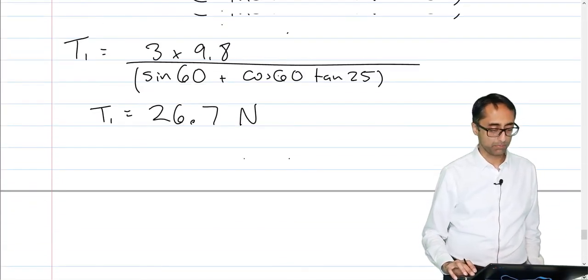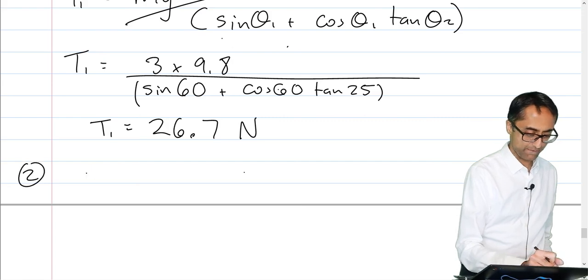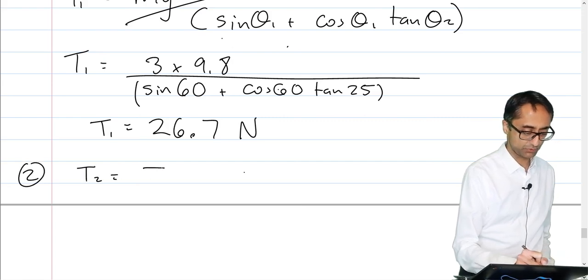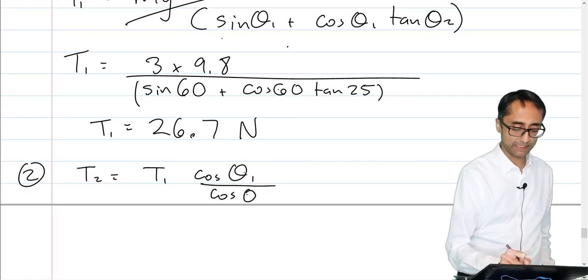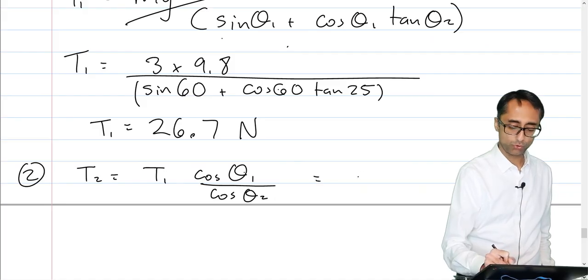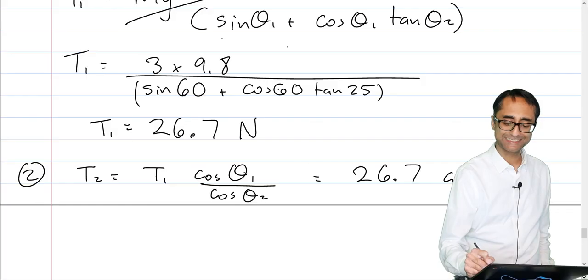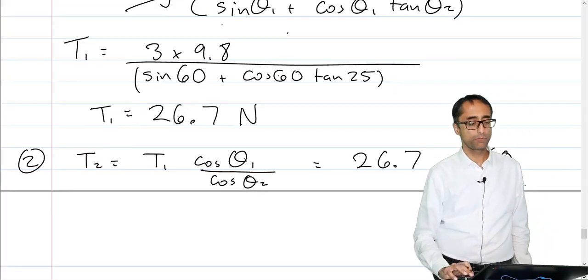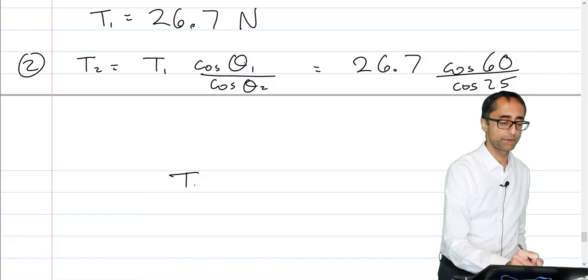So finishing this problem off, we take our equation 2, and we have that T2 is equal to, as we said, T1 cosine theta 1 divided by cosine theta 2, or 26.7 multiplied by the cosine of 60 divided by the cosine of 25. Throw that into your calculator to get a value for T2 of